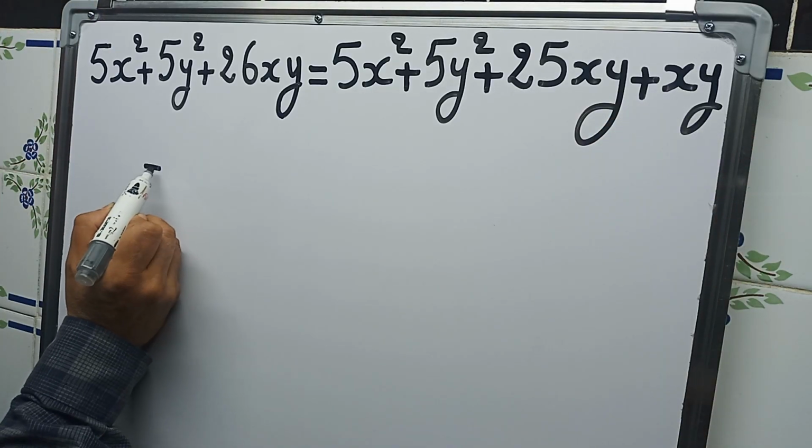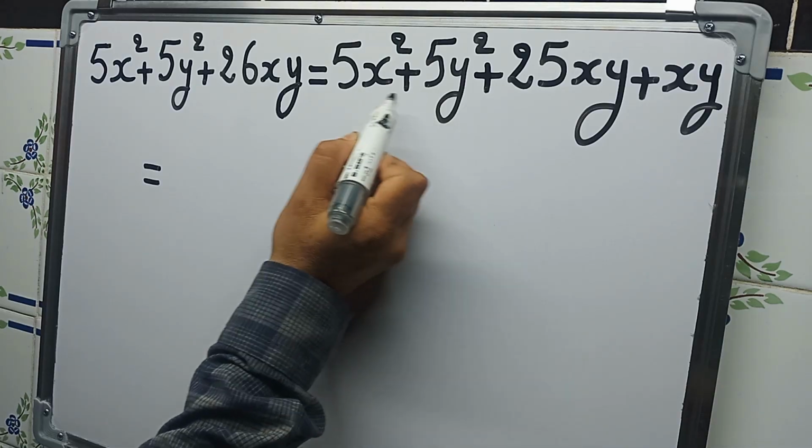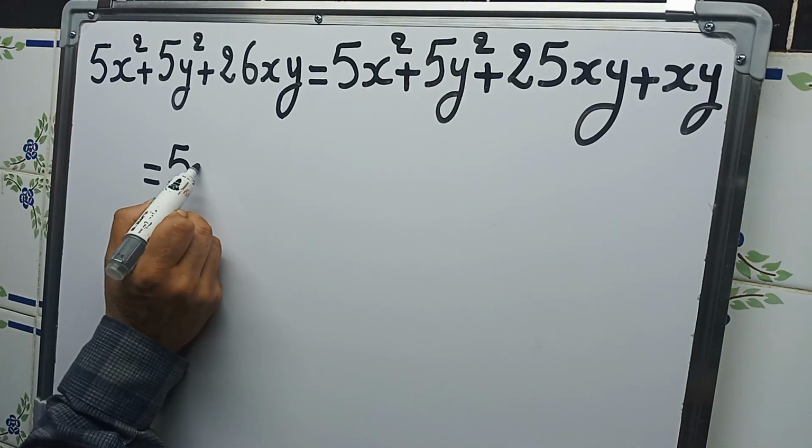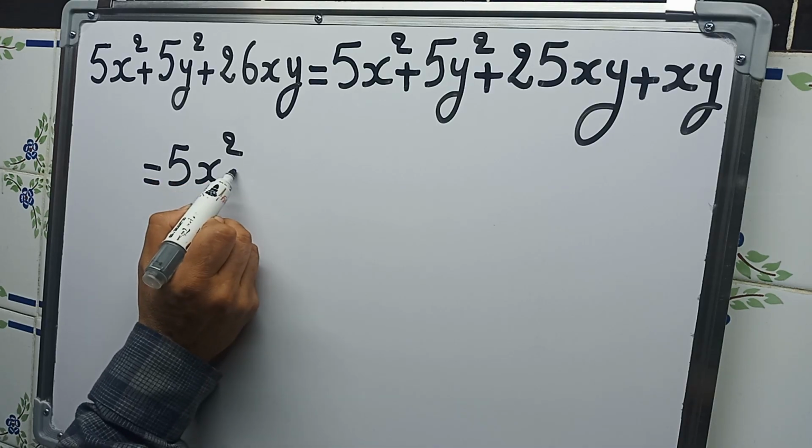And this, of course, is equal to, here since there is nothing to factor, we will rearrange. So 5x squared plus